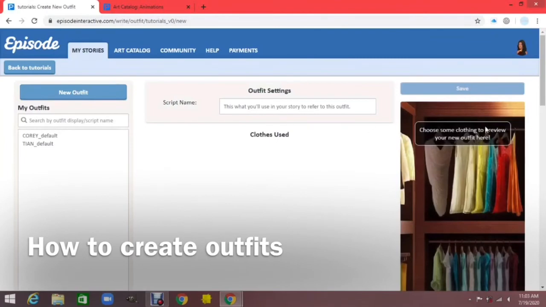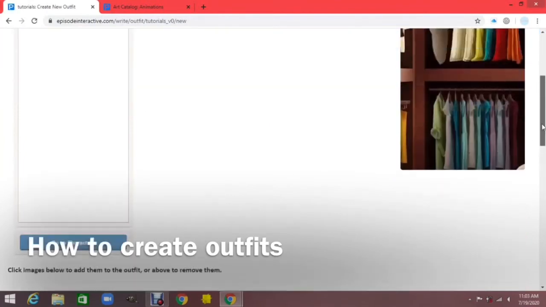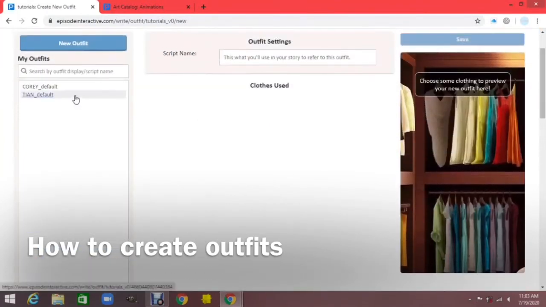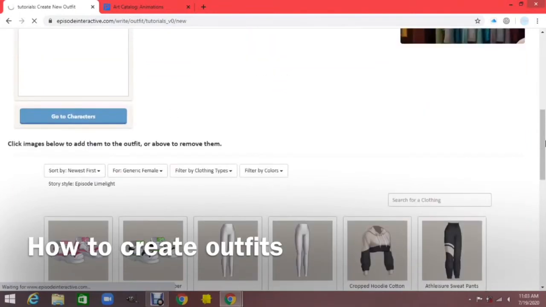It doesn't matter who you create the outfit on. It's not for them. Or if it is for them, it doesn't matter. It's not going to be default for them. It's just clothes. Anybody can wear the clothes. And when you do have,